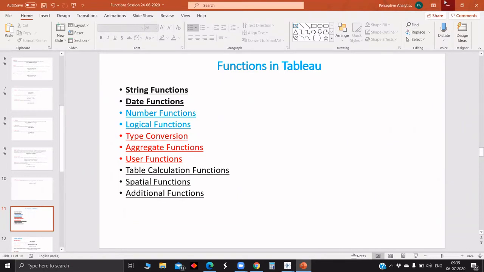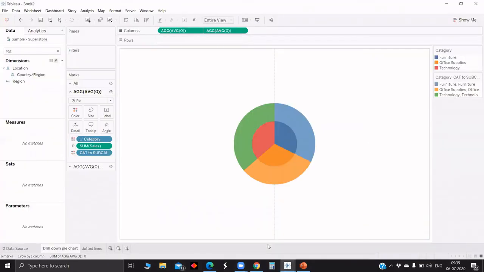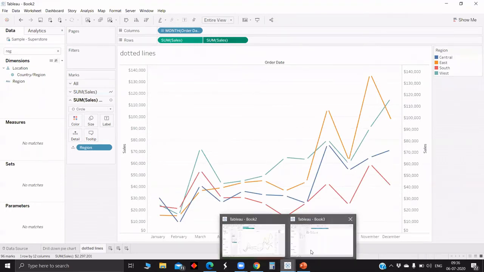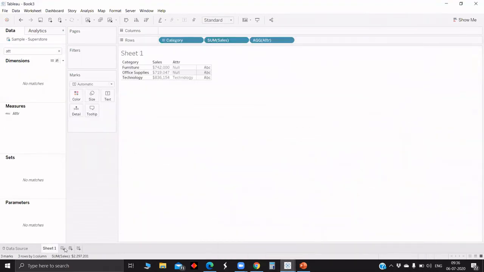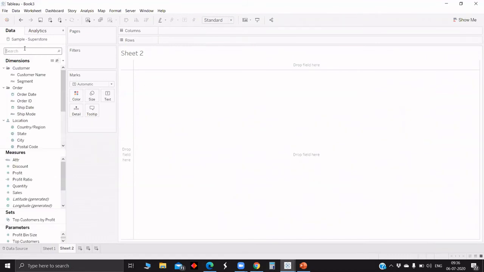So now we will look into some of the visualizations, like how to make all this. Today I have two visualizations. One is this dotted line chart and the second one is a drill down pie chart. Any idea how to make this dotted line chart? It looks like an empty circle or a white circle at the... Yeah, exactly. In Tableau, we don't have an option to just change the line in the visualization. So we have to go with the dual axis.